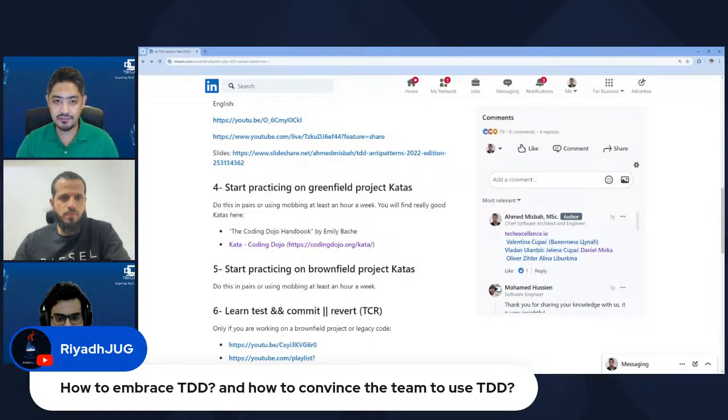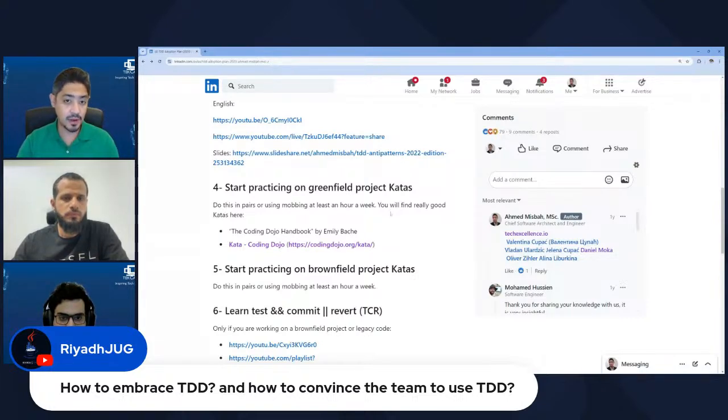Now, never start practicing on real projects, okay? Because when you're still learning, this can mess up things in a real project and can end up with the team not practicing TDD at all, okay? So you need to first start with building a little bit of muscle on TDD, but on coding katas. And I recommend that each team do a 1 hour kata every week or every sprint to practice TDD and